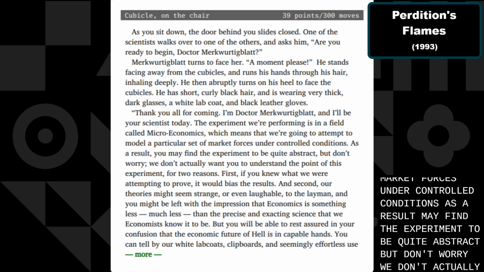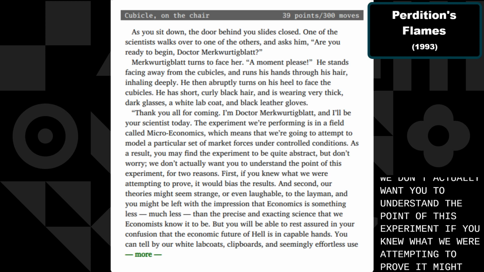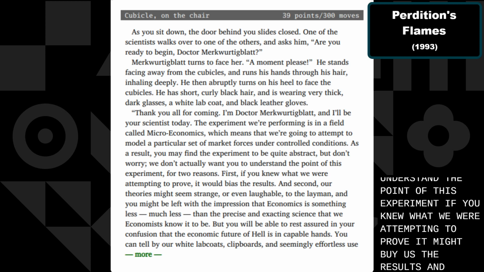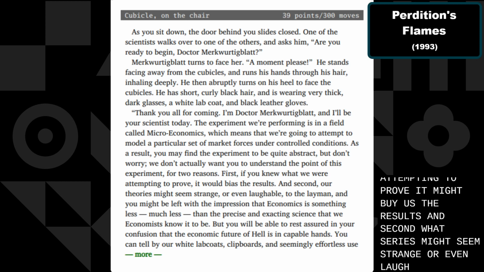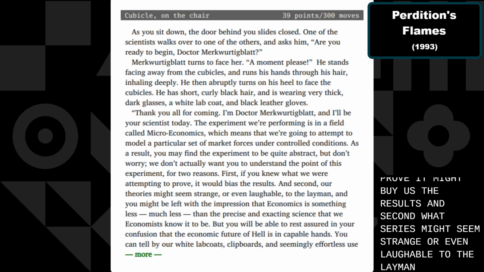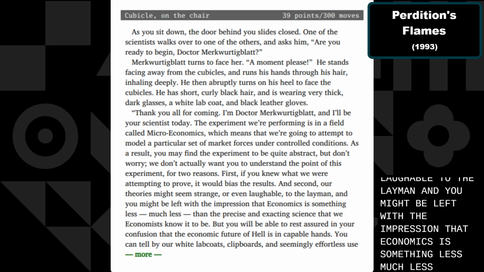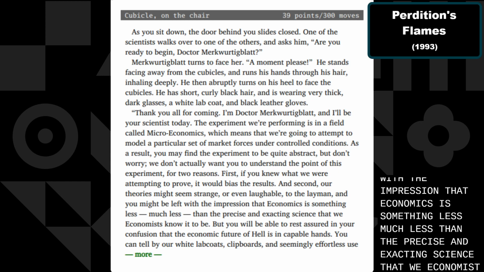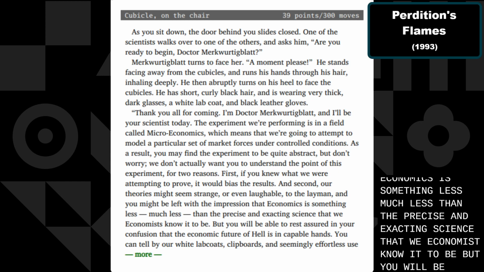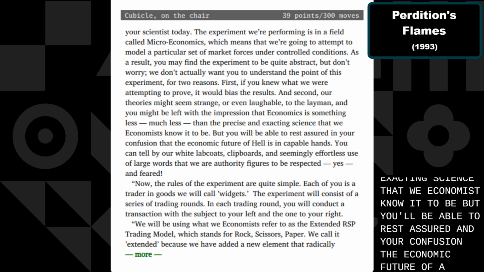We don't actually want you to understand the point of this experiment for 2 reasons. First, if you knew what we were attempting to prove, it might bias the results. And second, our theories might seem strange, or even laughable, to the layman, and you might be left with the impression that economics is something less, much less, than the precise and exacting science that we economists know it to be. But you will be able to rest assured, in your confusion, that the economic future of hell is in